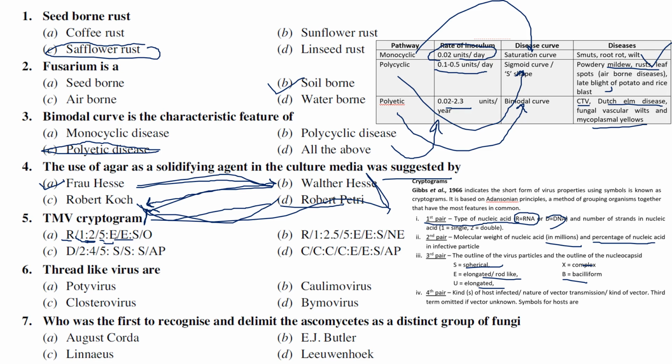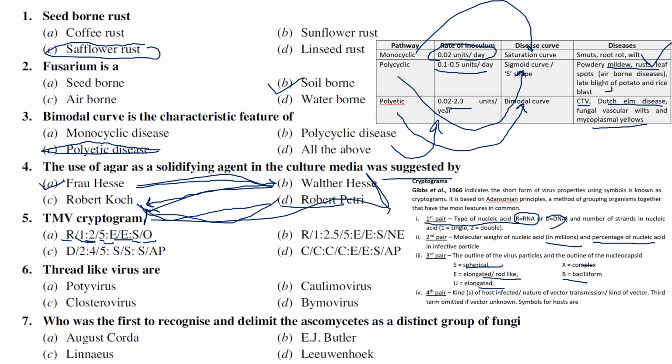It's the kind of host infected, the nature of virus transmission, or the kind of vector. So what kind of vector is involved? For example, S means sap transmission, like that. Host means O. The last one is again host. So something like that. They used to give it in a short form, which is called a cryptogram, by denoting their properties,